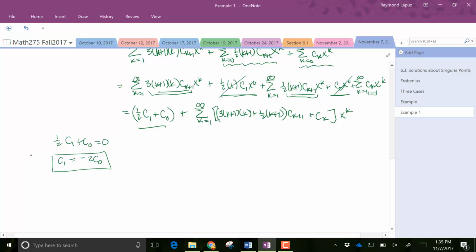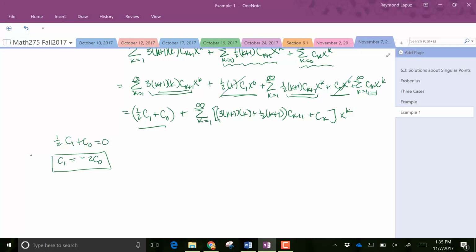And notice that usually when you deal with second order differential equations, we see two patterns emerge, usually relating the odd subscripts and the even subscripts all together. And then we come up with two linearly independent solutions. We see that we're not getting that here, right? Because this is not an ordinary point. This is a singular point, a regular singular point. So we're only going to get one linearly independent solution.